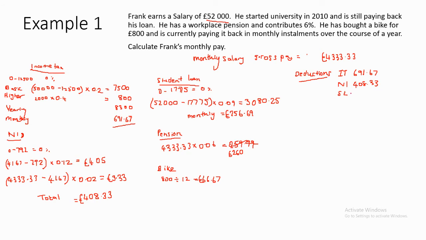Student loan 256.69. Pension 260. And the bike 66.67. So the total deductions